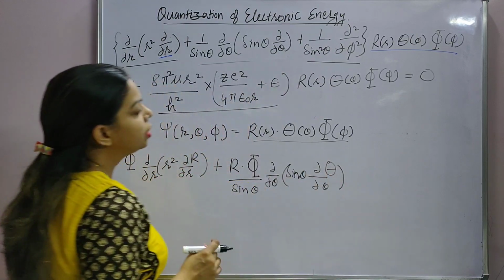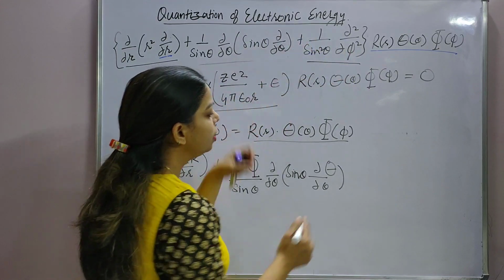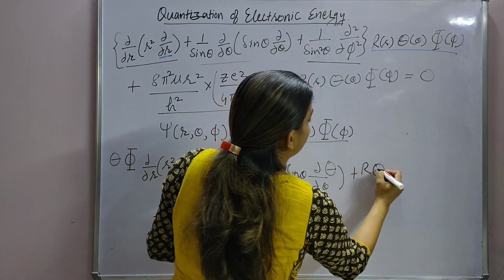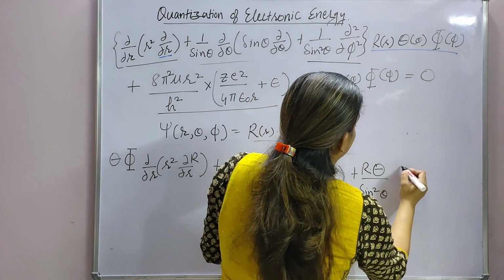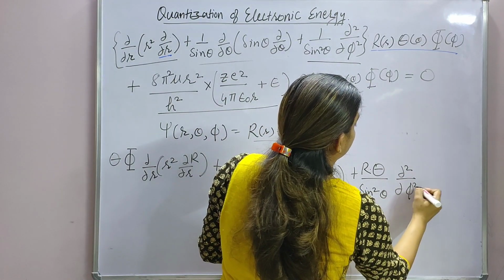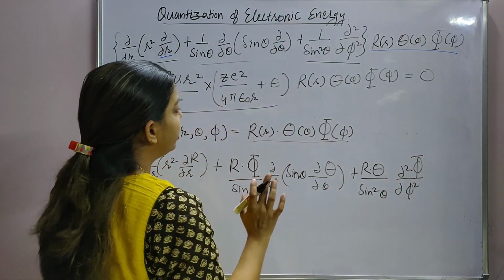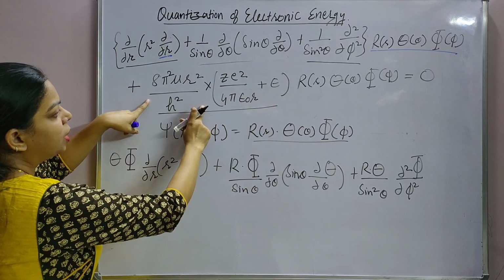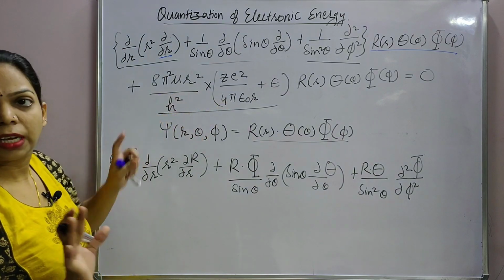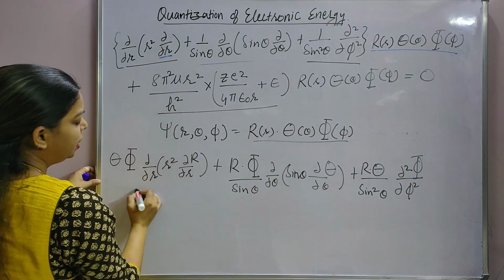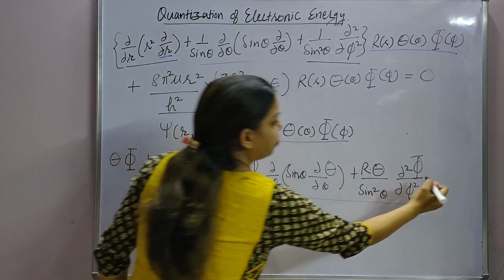capital theta. Again, when you multiply this factor with this term, phi is a variable here, so r and theta will be coming out. R and theta are outside. Sine square theta, capital phi. Not square, capital phi. Now next is in this term. Again, let it be like this only, because there is no differential sign, so we need not multiply. So we have these three terms plus this entire term again over here.